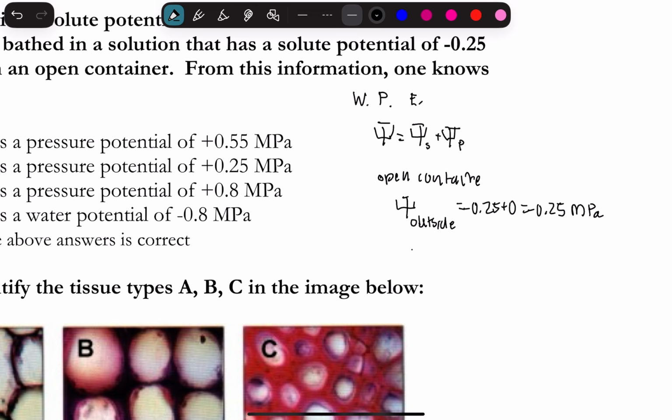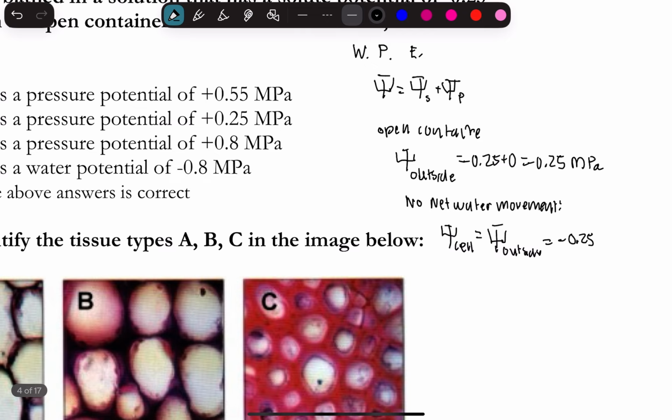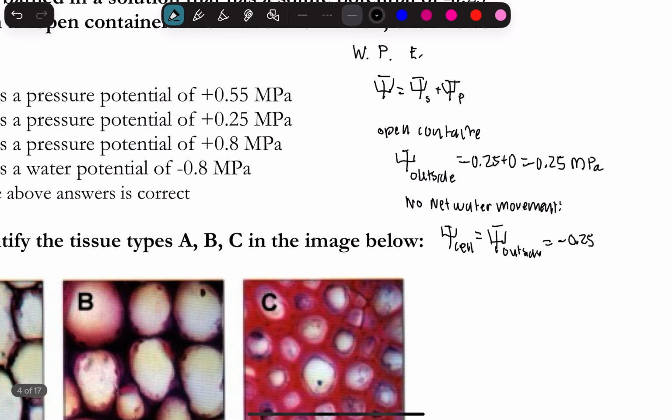MPa. So, okay, for no net water movement, you have that psi of the cell is equal to psi of the outside. So then you can say that's equal to negative 0.25. And that means that you can plug this in. Okay,